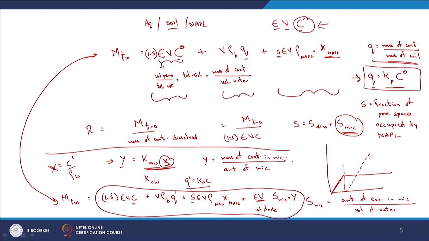So, here I have this relationship, but let us just try to understand that. Let me rewrite that here. So, the total mass of the contaminant is now equal to (1 minus S dash) epsilon Vc, plus rho B V Q dash. This is the contaminant present in the soil, plus S dash epsilon V, and what am I writing here? The NAPL case, X NAPL. So, all these set of variables give an idea about the mass in the NAPL, and now the